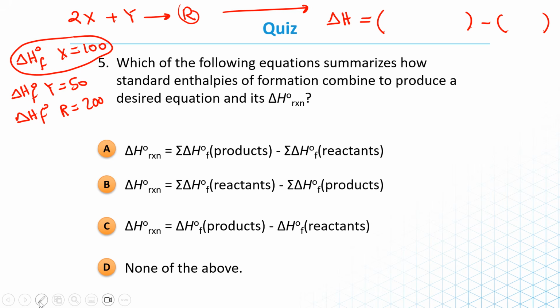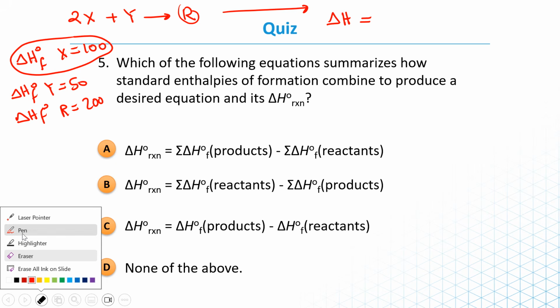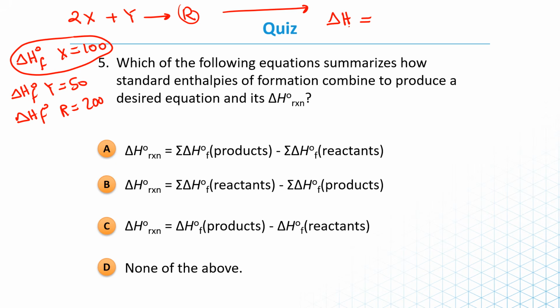The delta HF of the products minus the reactants. So let me show you here. So the delta H of the reaction is going to be delta HF naught of R minus,